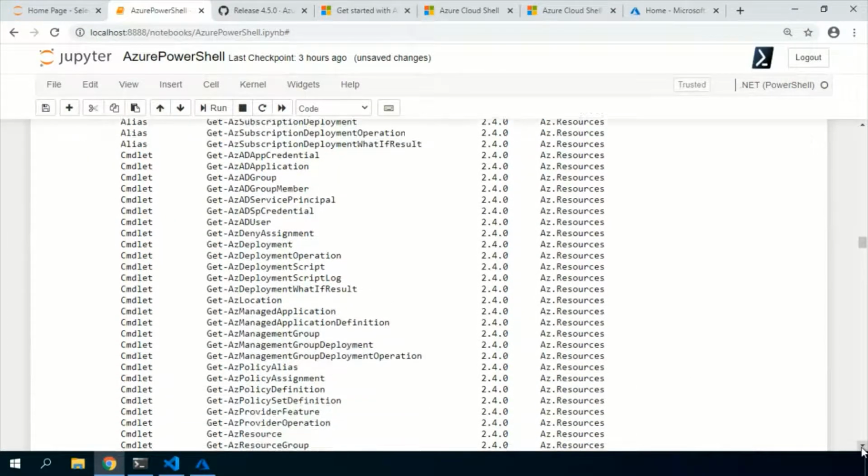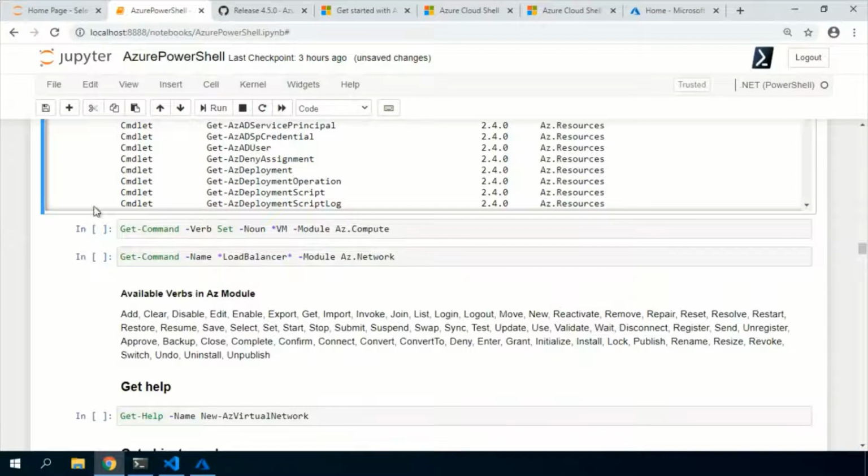And also you can search through the noun as well, the noun being what it is going to perform on. Suppose I want to see the commandlets ending with VM, and the verb is Set. I want to see all the Set commandlets ending with VM.